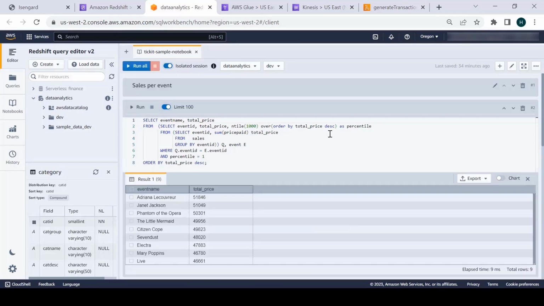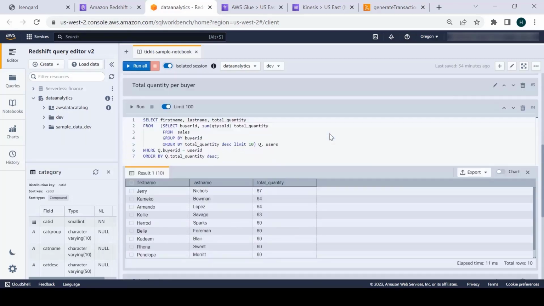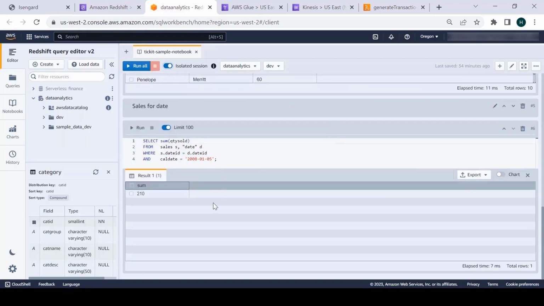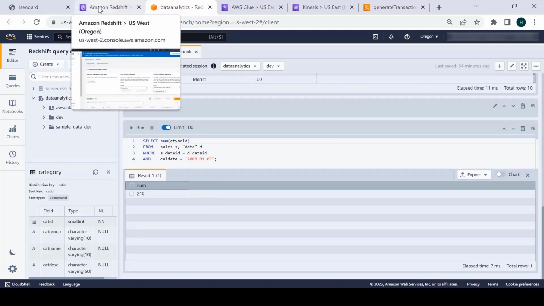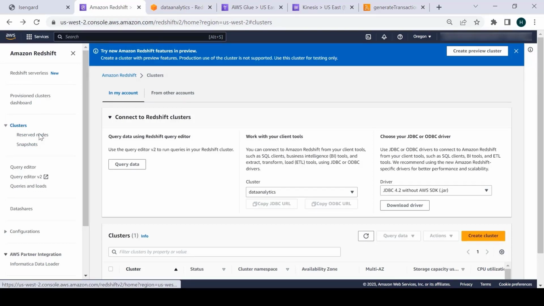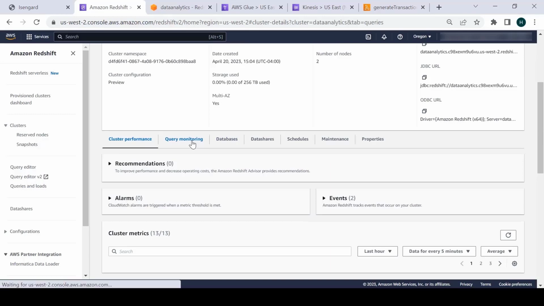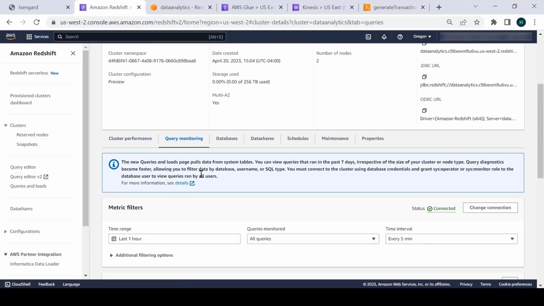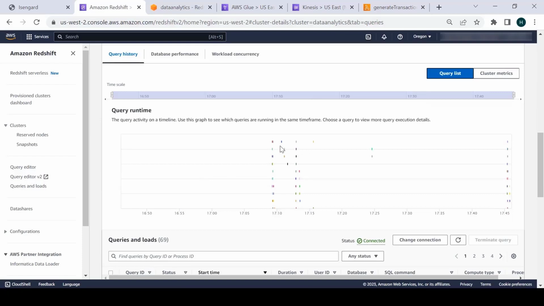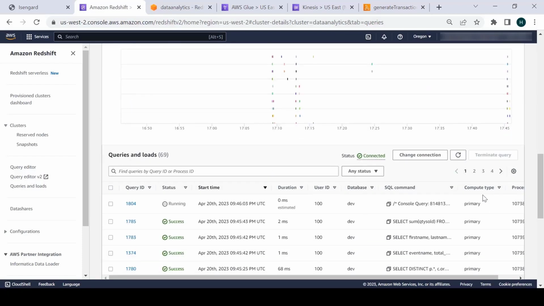So we'll run this. This is going to run all the tickets data related analytical queries. So now let's review. As these queries were executing, we'll shift to cluster and click on query monitoring. This is the query monitoring dashboard of the queries which are running, completed queries. And we will see that compute type over here is primary. So this will provide you the operational metadata and the operational information of whether the queries were served through primary